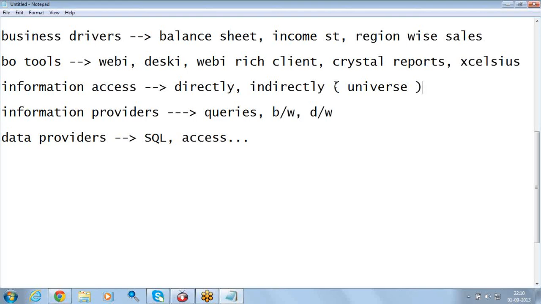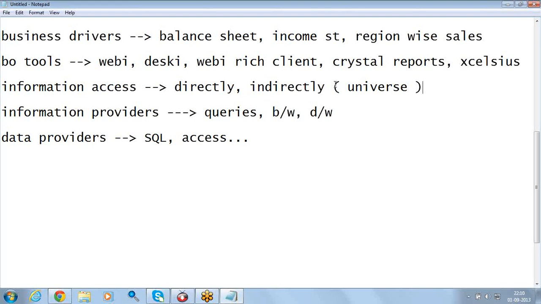Using only those tables, I will make a logical representation called a universe that helps us generate the reports very easily.